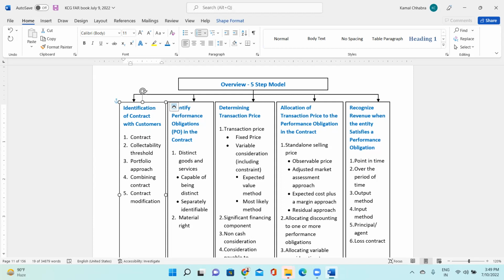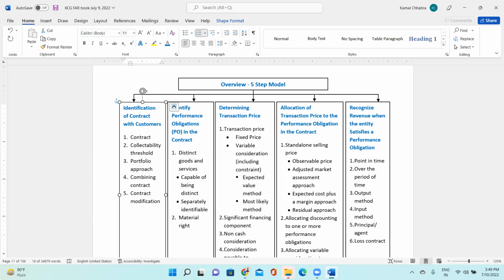So contracts are very similar with everyone, right? You are getting maybe a $50 contract a month, $30 contract a month, $60, $70, or $100 contract. But more or less, the services which AT&T is providing for $30 to each customer across the USA are the same. The services they are providing to the $50 customers across the USA are the same. The services in $70 across the USA are the same, right? So I do not need to evaluate each individual customer agreement. Rather, I'll take this as a portfolio approach.